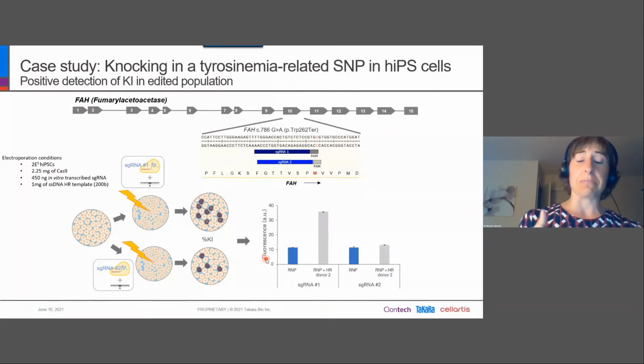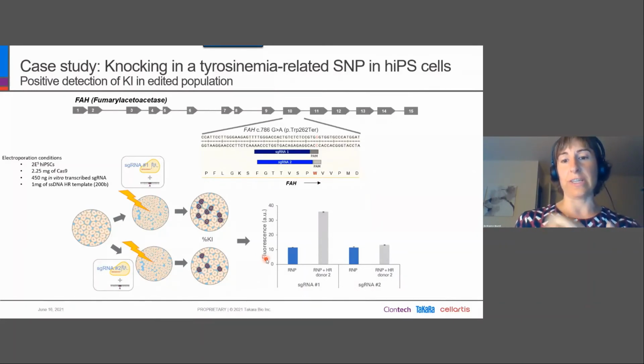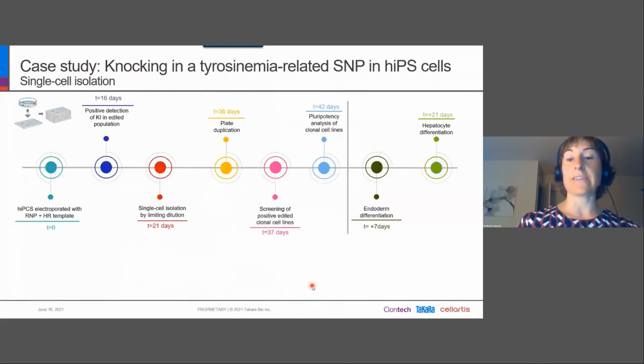It not only detects the mutations on the clonal cell lines, it can also be applied on the bulk edited population. In this case you can see how guide RNA number 1 gives us a higher fluorescence level, and therefore there is a higher percentage of successful knock-ins in this population than with guide RNA number 2. So the next step was single clone isolation